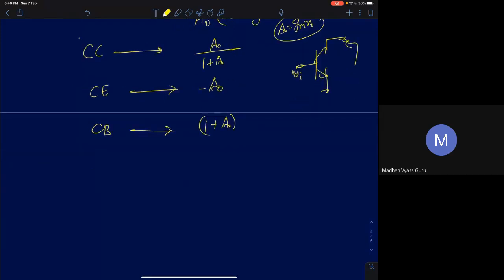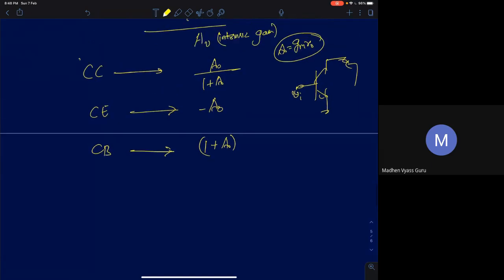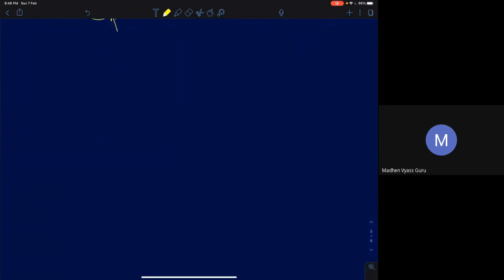Now we did a rigorous analysis of each of those stages, input resistances and output resistances. Only in common base, I left out one result. I just gave you the final expression, but I did not derive it: how did you get the input resistance? Output resistance, we have derived it. So let me quickly go over the results that you should use to analyze the circuits intuitively.